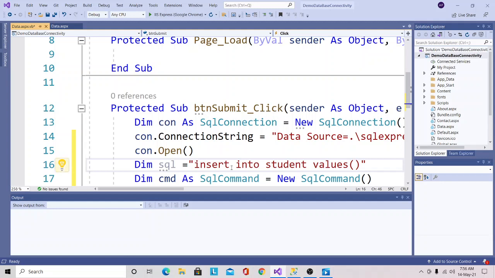So first, the roll number value I will receive from the txtRollNo textbox server control.